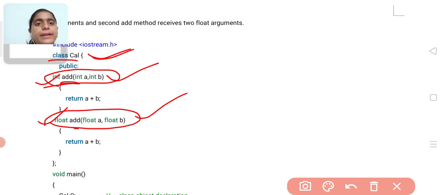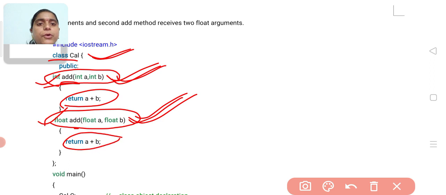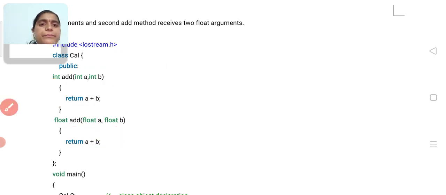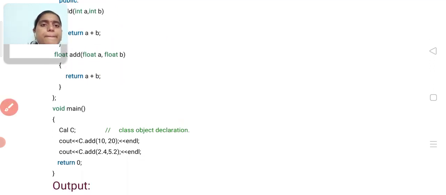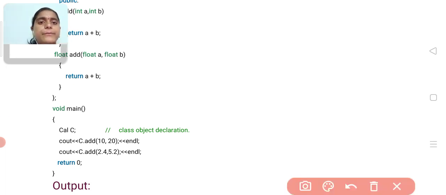Here, the first add function adds 2 integer values, and the second add function adds 2 float values. Now I have created one object for this class.